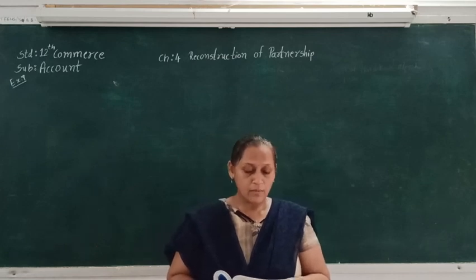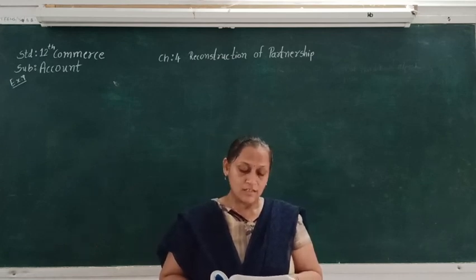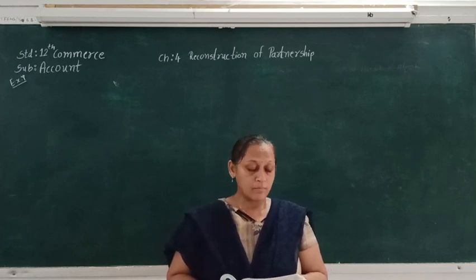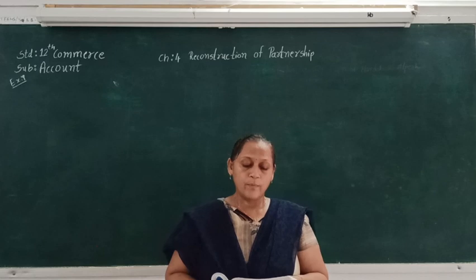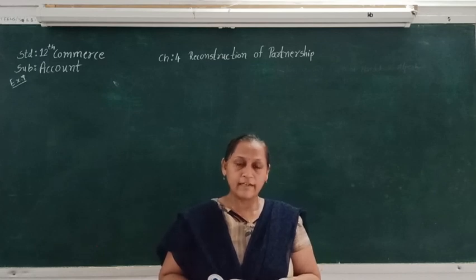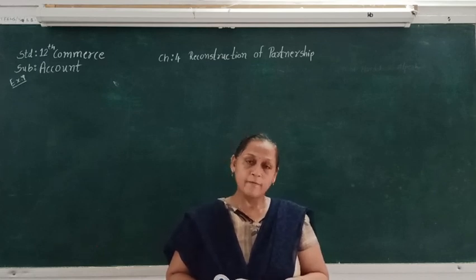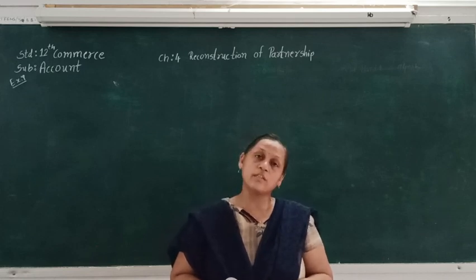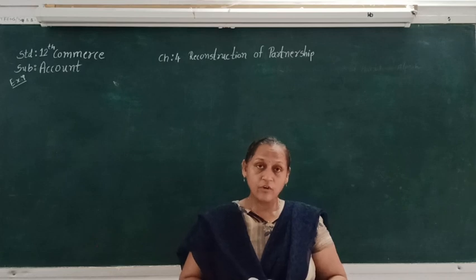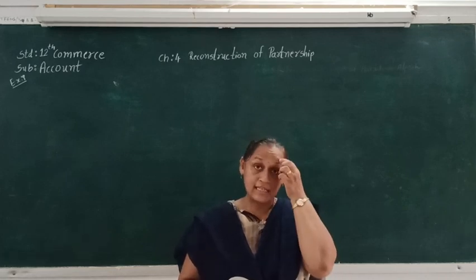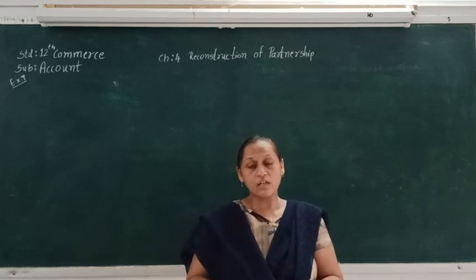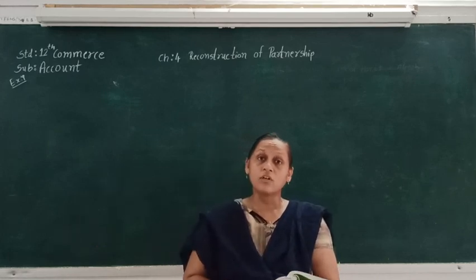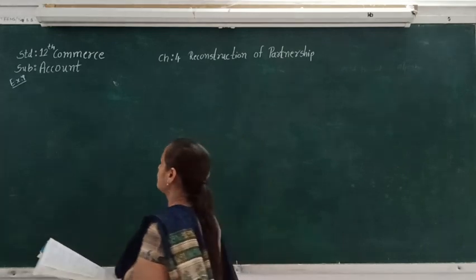To keep total bad debt reserve at 3,600 on debtors. Creditors amounting to rupees 5,000 out of the total creditors are not to be paid. Unrecorded interest on bank overdraft is 4,500. So from the above information, they are asking us to prepare the revaluation account as well as balance it after the revaluation account. So let's prepare it.